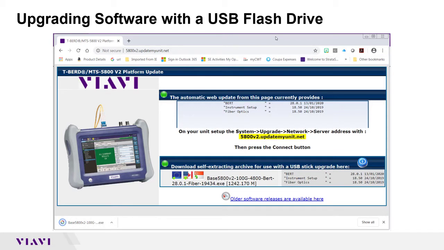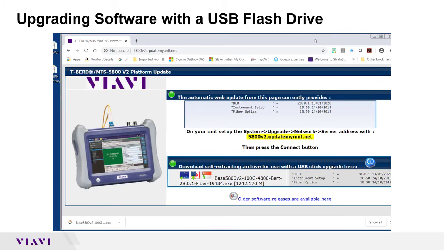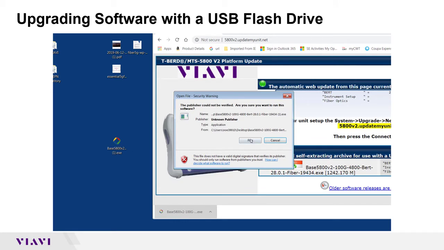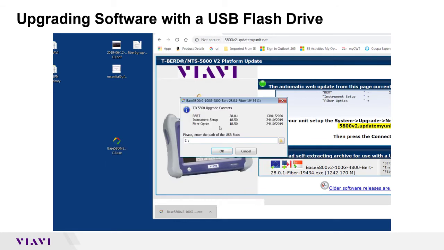All I have to do is extract it onto the USB stick. My desktop is there. I double click on the file, and it asks me where I want to run that exe, and then where I want to extract the file.